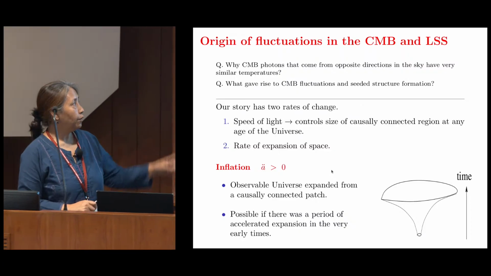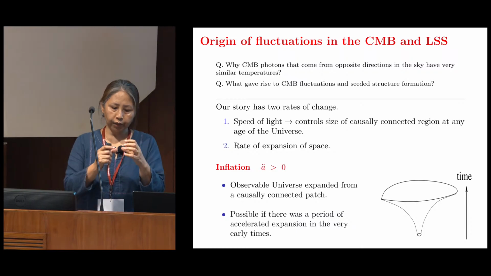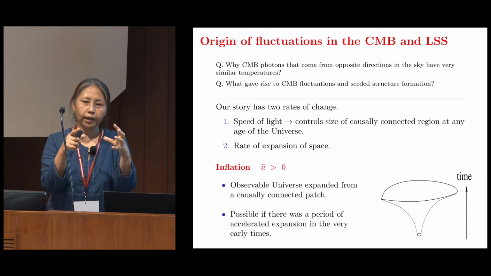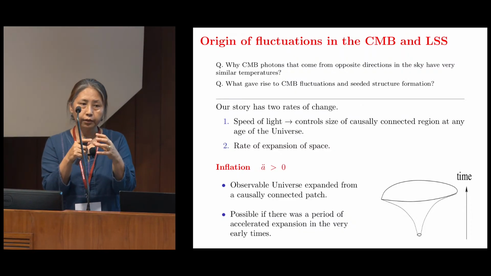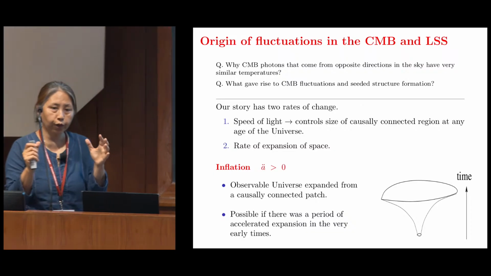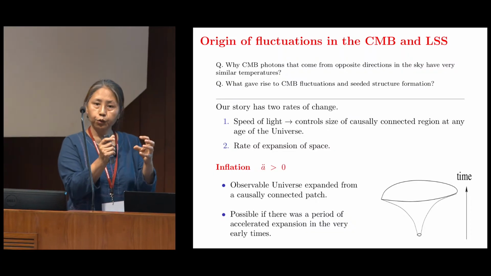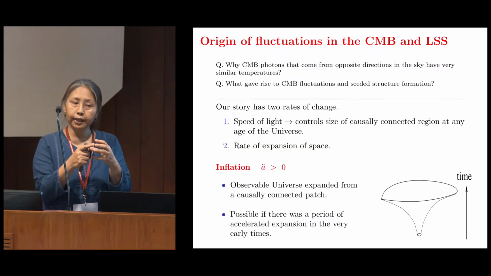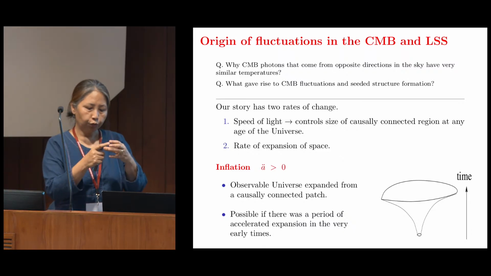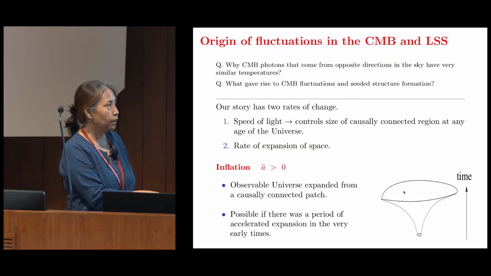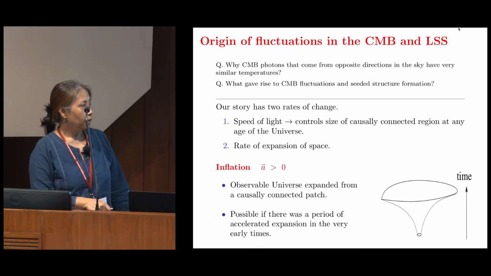So what inflation says is, suppose before inflation there was a small region of space where you can imagine thermal equilibrium. I should be careful, it is in equilibrium. Because they are within the causal horizon, if it suddenly expands very fast, from this size it has become very large, like this picture is depicting, a small region becoming this big region as you go in time, in a short time. Then when you go from here